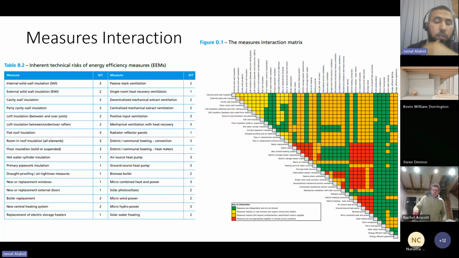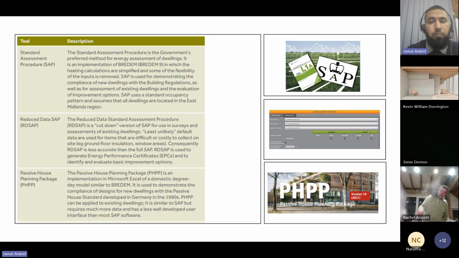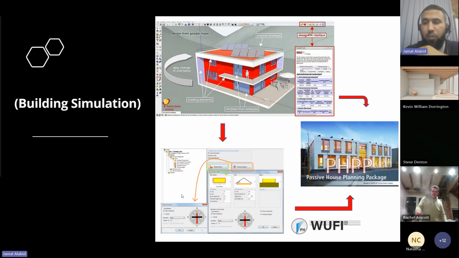But before that, I will start with SAP, because most of the input data should come from either PHPP or SAP. So mainly I will go through the SAP and the compliance document, but also probably another time I would like to share some